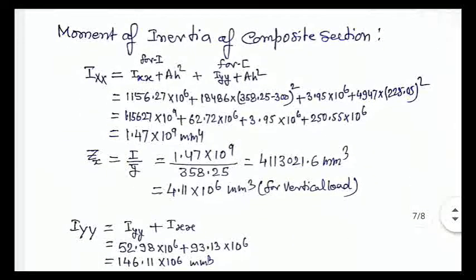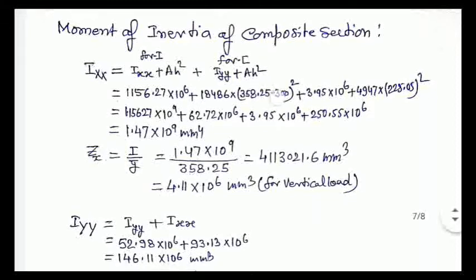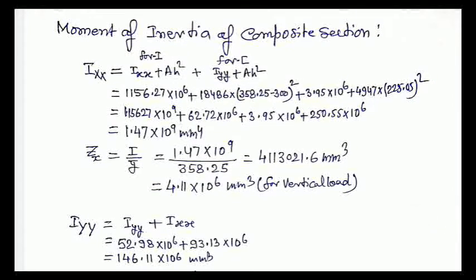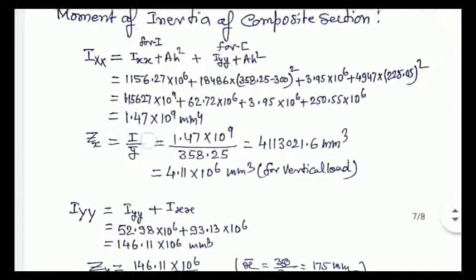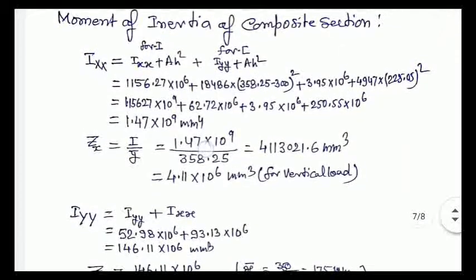Now, moment of inertia of this composite section. So Ixx will be Ixx of the I section plus AH square, plus for the C section, channel section, it will be Iyy plus AH square, because we have tilted it by 90 degrees. So we will take Iyy in accordance with Ixx of the I section. On solving this, we get 1.47 into 10 raised to power 9 mm4 as the moment of inertia